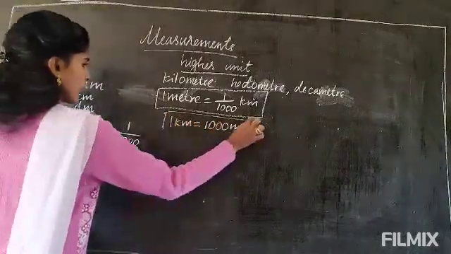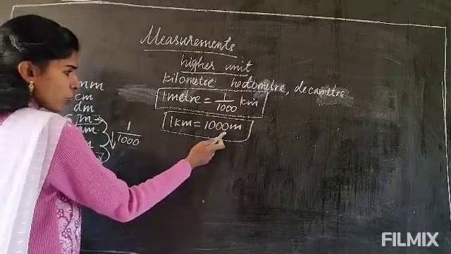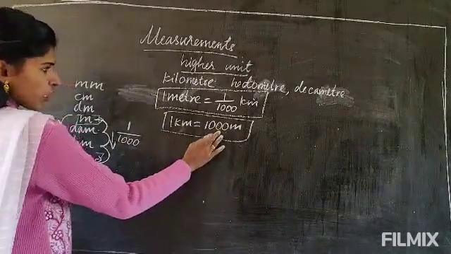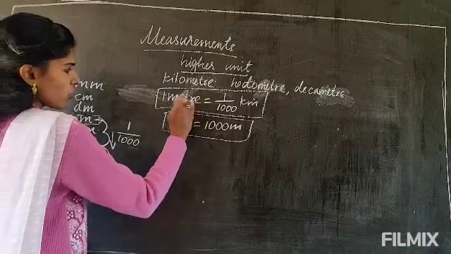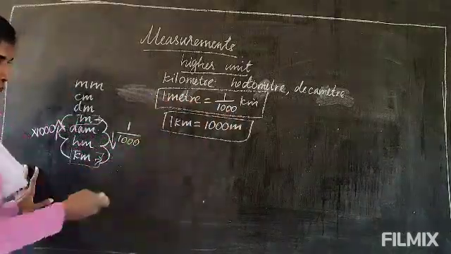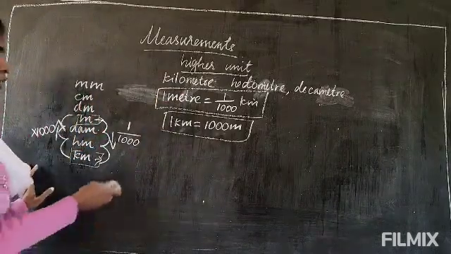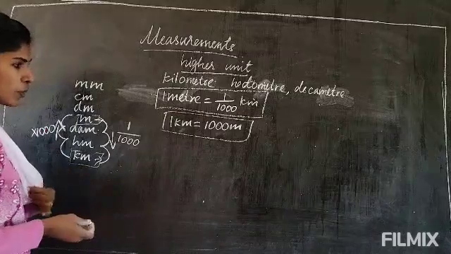So this is another formula. This is for converting the higher unit into the lower unit. To convert the lower unit into the higher unit, you will use the other formula. Know the difference. If you know the difference, then the calculation will be easier. Now, 1 kilometer equal to 1000 meter.